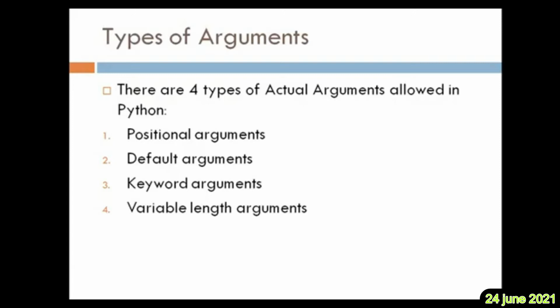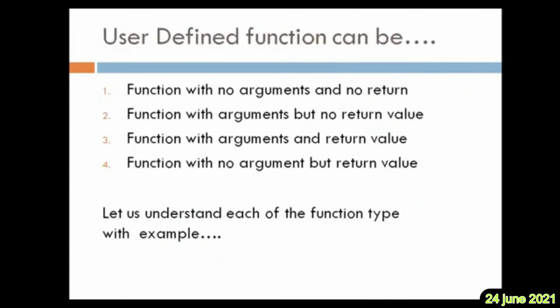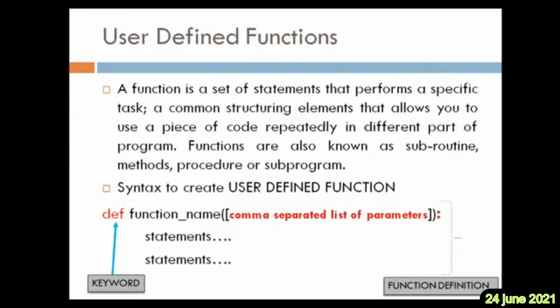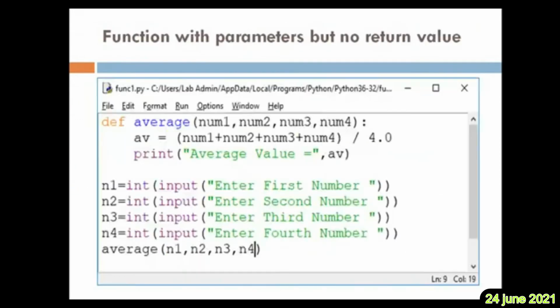The default arguments: some of the arguments can already be assigned values. They are called default values. That also we have discussed. Keyword arguments allow you to change the sequence of calling the arguments. And variable length arguments means the star is used. Remember, in the previous slide, I explained where the star is. Okay, we'll come here.